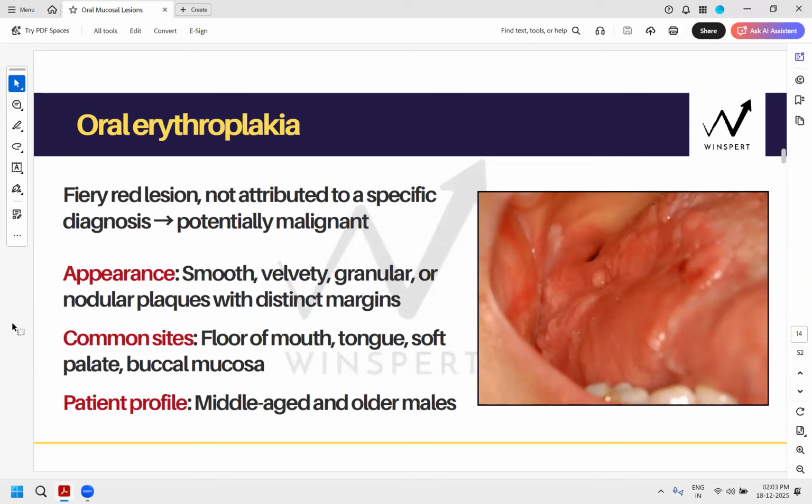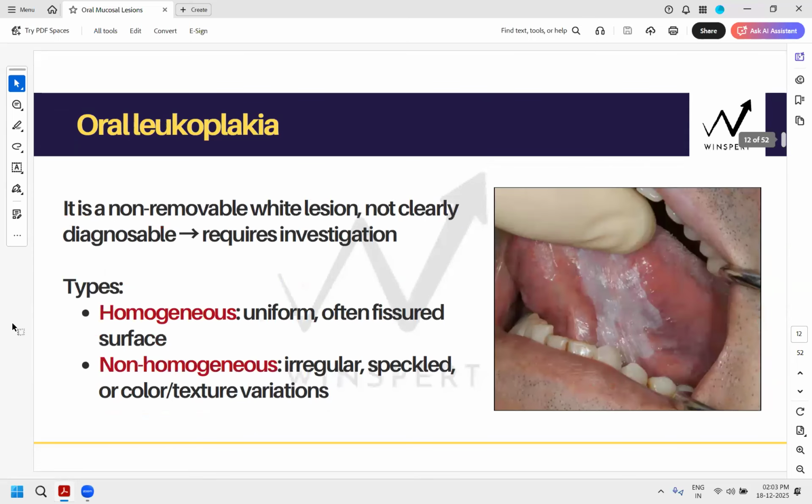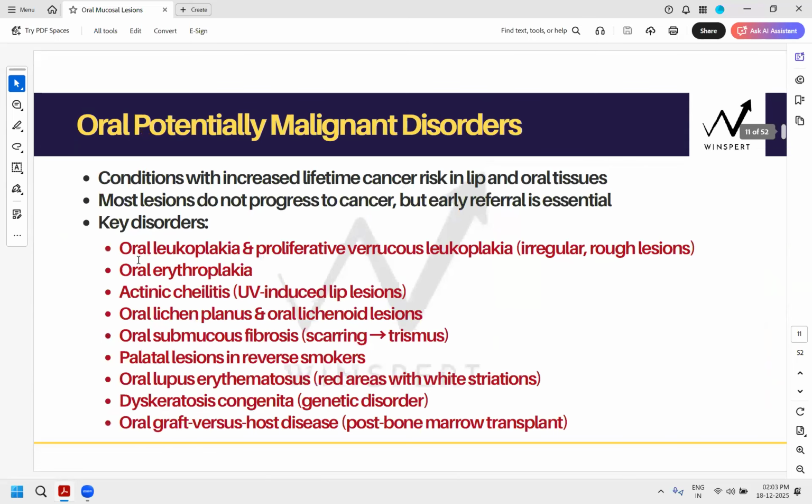Going back to highly malignant potential. These are your highly malignant potential. Candidiasis is not in the list, Eric. Priyanka, is it in the list of malignant potential? This is the list. No, take the screenshot. I will create a hot note for this, okay? But this is the list. Take the screenshot if you want. This is your potentially malignant disease. Take the screenshot.